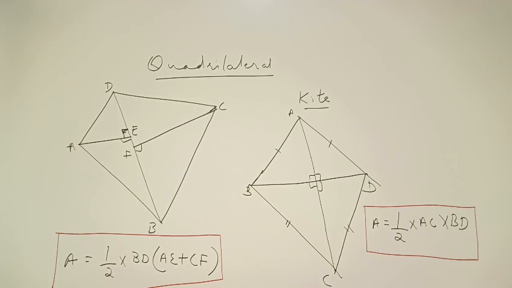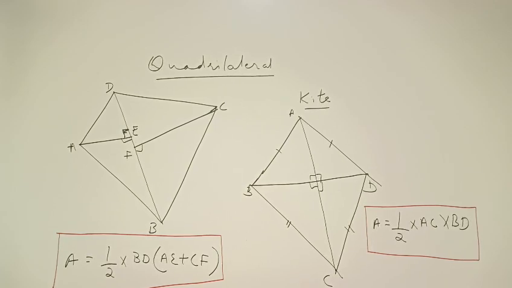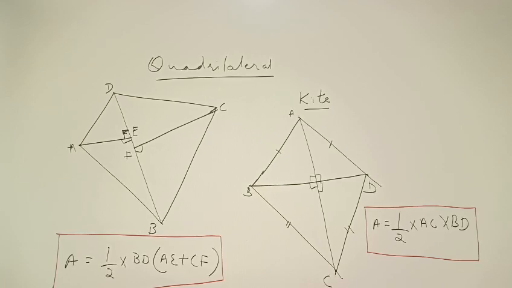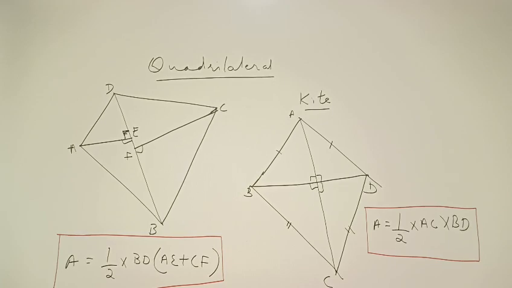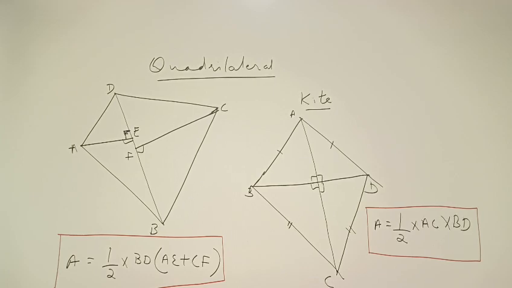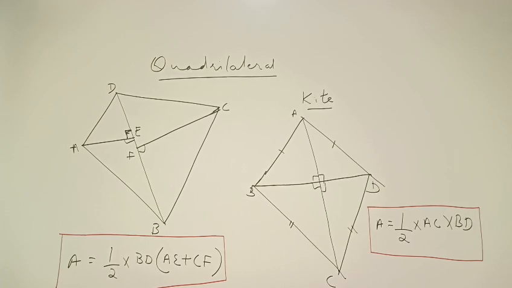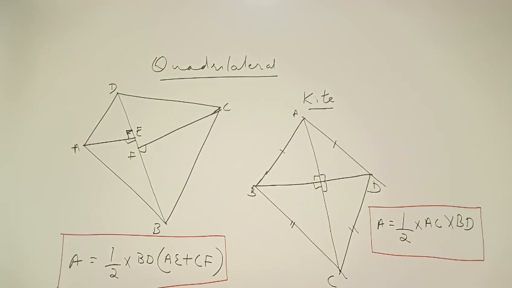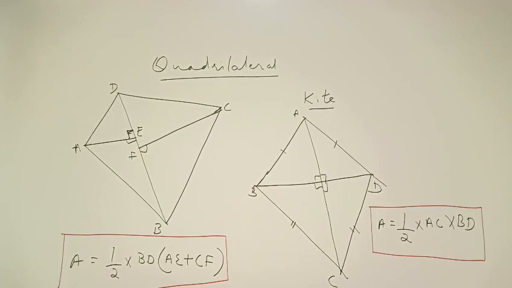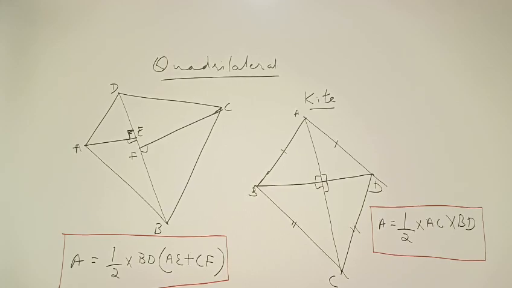Since it is the property of a kite-shaped figure that diagonals intersect at 90 degrees, the area equals half the product of diagonals, half into AC into BD. So area equal to half into AC into BD if it is a kite-shaped figure, or any quadrilateral whose diagonals intersect each other at 90 degrees, its area equal to half into d1 into d2, where d1 and d2 are its diagonals. So just pause for a moment and make in your copy this figure and its formula.